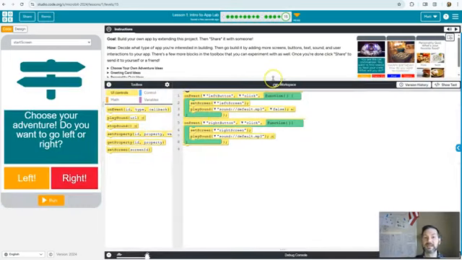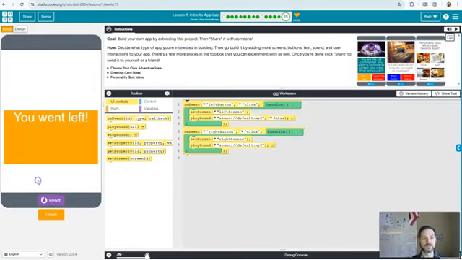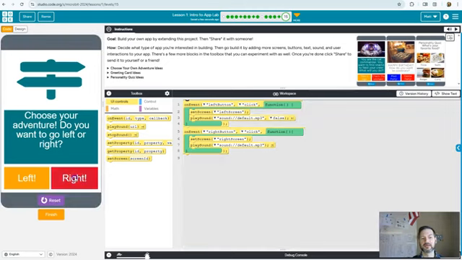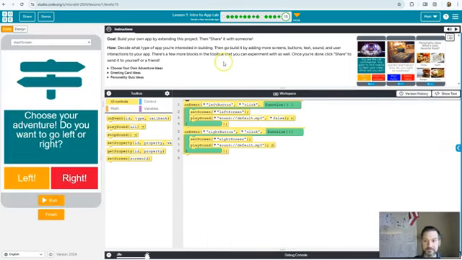And in level 15, this is where we're going to explore creating a more advanced app. Now our goal is to build your own app by extending this project and then share it with someone. So we can run the app and see how this works. We start off with just the you went left and you went right. Right? So it's a very simple thing. You'll notice that it's the same code that we were creating before. What we want to do now is you can